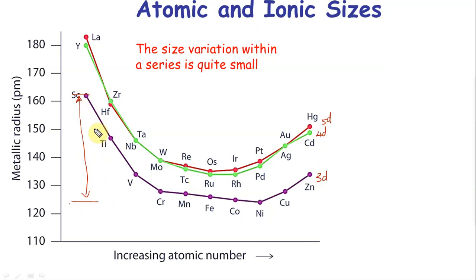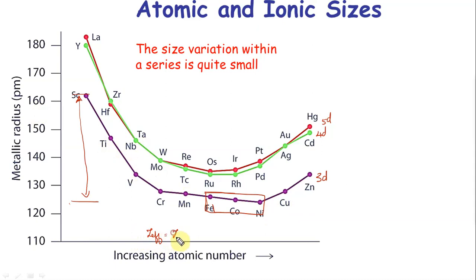The picture is enhanced that way to show the internal differences, but the size variation within a series is quite small actually. Among that, you want to know iron, cobalt and nickel are almost the same in size, with nickel being the lowest for the entire period. The reason the size decreases is because way back we saw Slater's rule or Z effective in general.